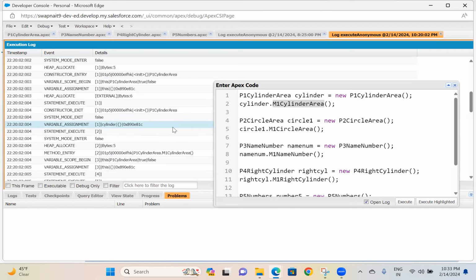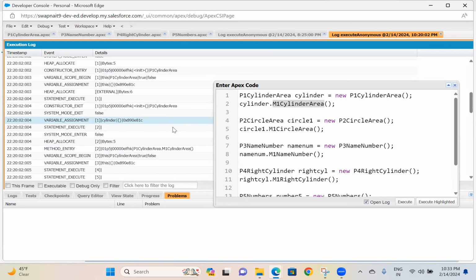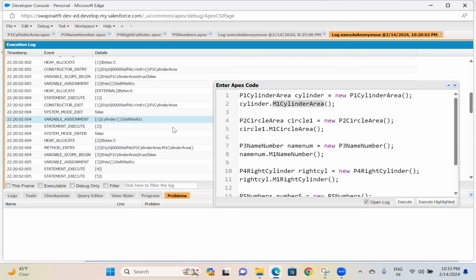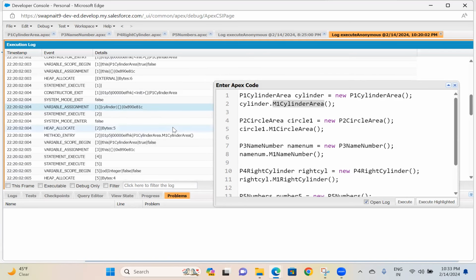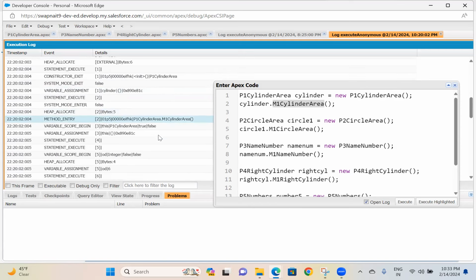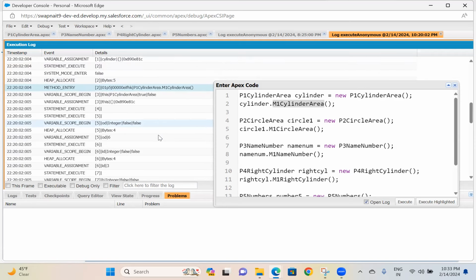Right now it is just a blank object. The instance of the class is just empty, an empty array. From this empty array, we are going to enter into the method M1 cylinder area. Once it is called, it goes to your class.